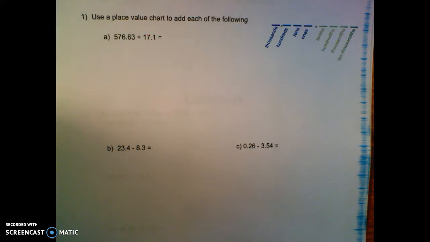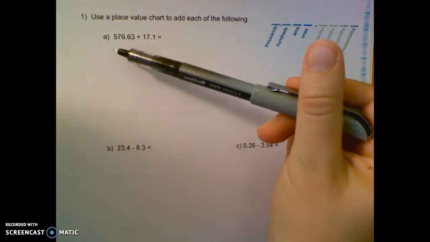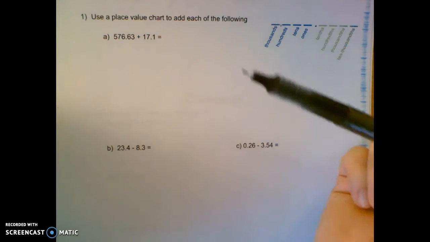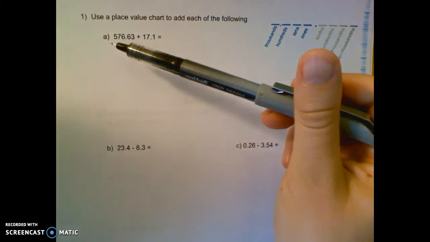In our previous lessons, we've added and subtracted by writing a whole bunch of positives or a whole bunch of negatives, circling zero pairs, and then counting what's left. This works great for small numbers, but if we have big numbers like 576, nobody wants to write out 576 positives or negatives. So when we're working with multi-digit numbers, and especially with decimals,